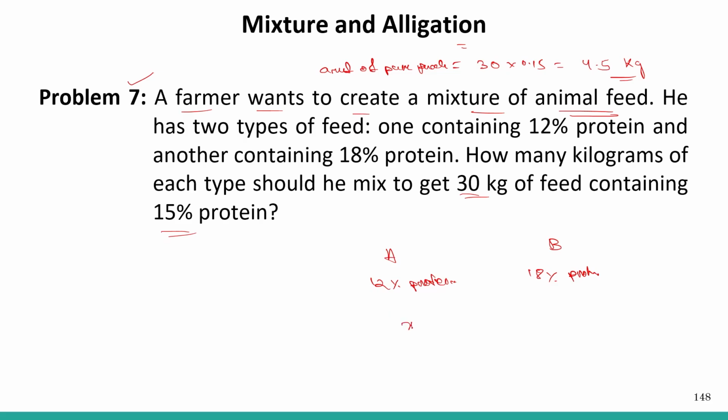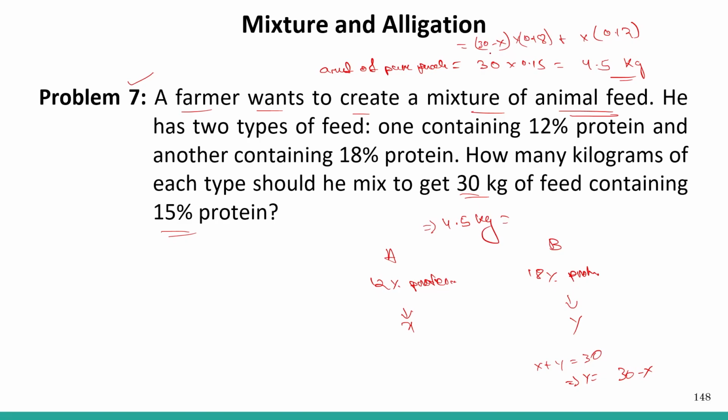So let me have x amount from A, and from B let it be y. But given that the whole mixture must be 30 kilos, x plus y is equal to 30. So this implies that y is equal to 30 minus x, right? So 30 minus x into 18% protein, that is 0.18. Okay. So this much added with x into 12%, so 0.12, right? So solving these two, what we are left with is 4.5 kg is equal to